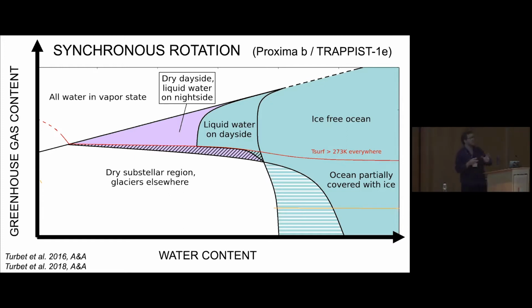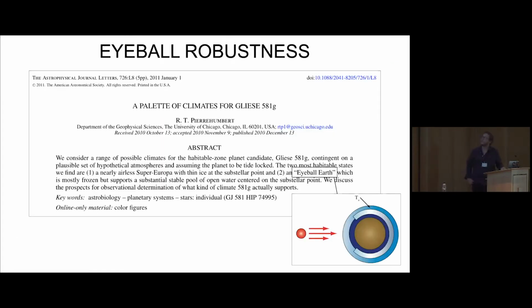And I will try to give you some arguments on why this kind of planet seems to be quite robust in this particular state. I just would like to acknowledge that, to the best of my knowledge, the first one that pointed out the existence of this kind of climate was Raymond Pierrehumbert. I don't know if you confirm. I did some archaeology, and the first paper I've seen about that was yours. Is it true? So that inspired a lot. And even though this work was done on a planet that doesn't exist anymore, it was super useful for a lot of PhD students, including myself.